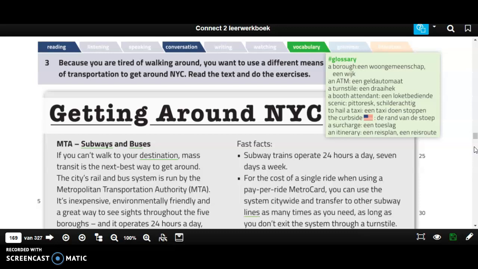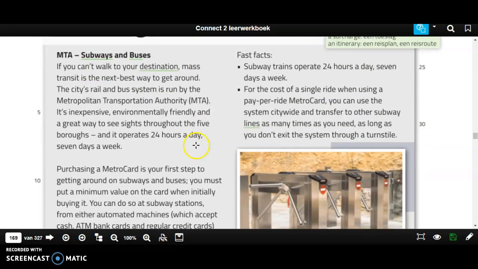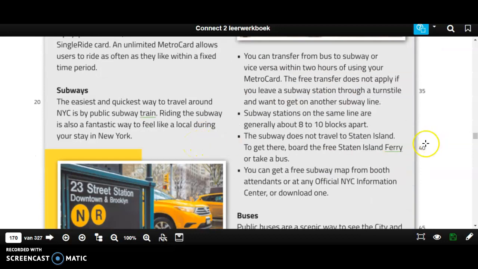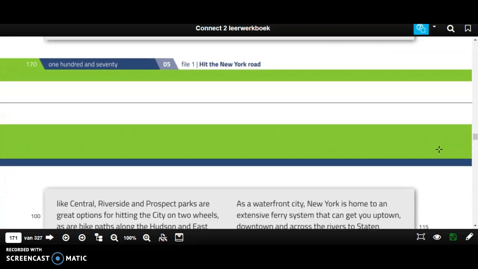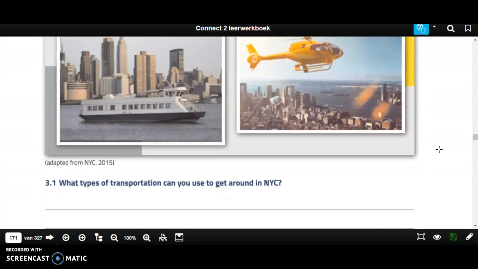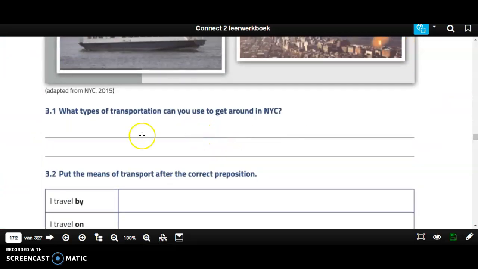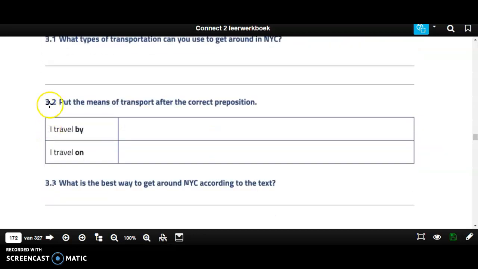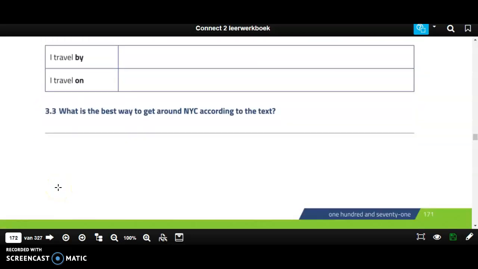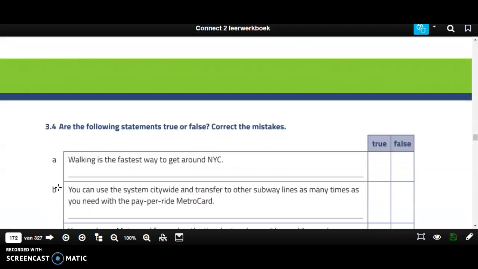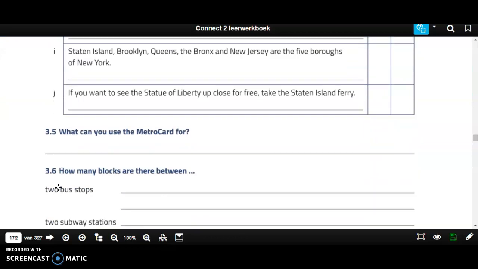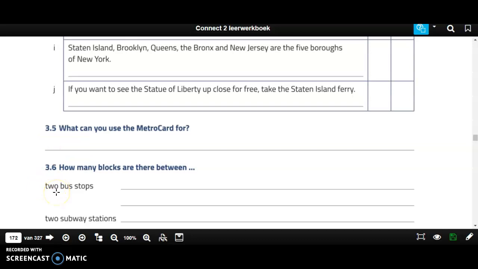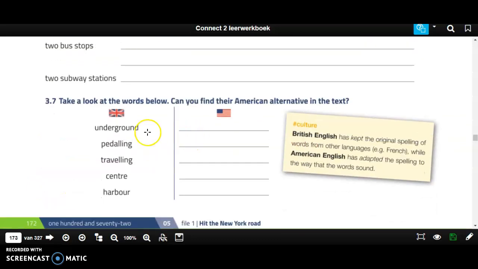So indeed, I want you to read the text. This is the text. And then you have some questions to do that belong to the text. 3.1, 3.2, 3.3, 3.4, 3.5, 3.6, 3.7. It's a very interesting